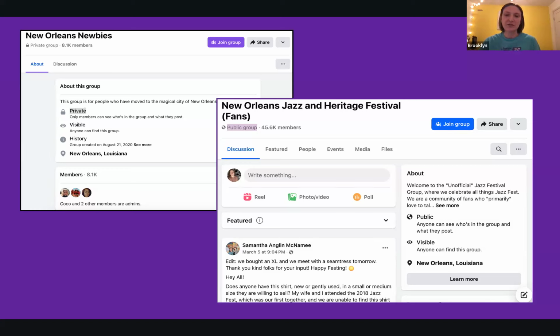This is kind of not a great example, but I was looking at New Orleans groups. I went there recently. On the right is a public group, and you could see people's posts. You could see all about it. It's more enticing to want to actually join the group. And on the left in the back is a private group, and as you can see, it's very plain. You can't see any of the posts. You have to actually join the group to see it because it's a private group. So that's a benefit of having a public group for all of us, is that people can actually see our content and be interested in joining and not have the pressure of having to join the group to see what we're all about.